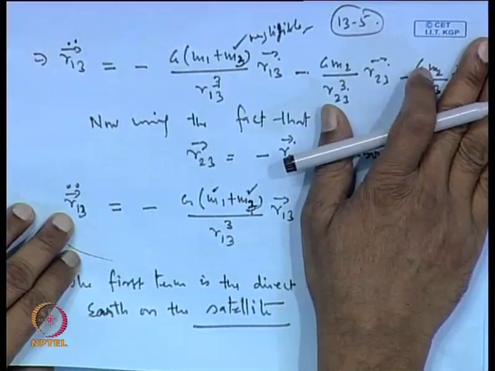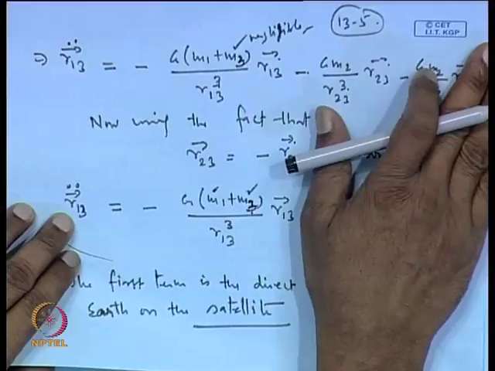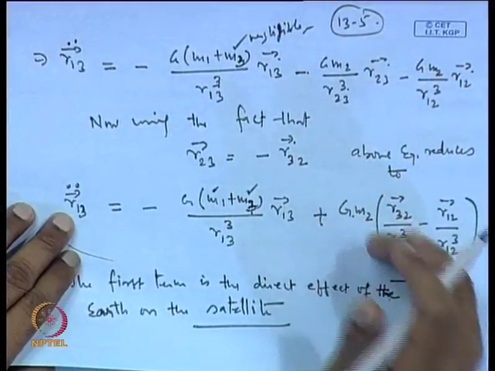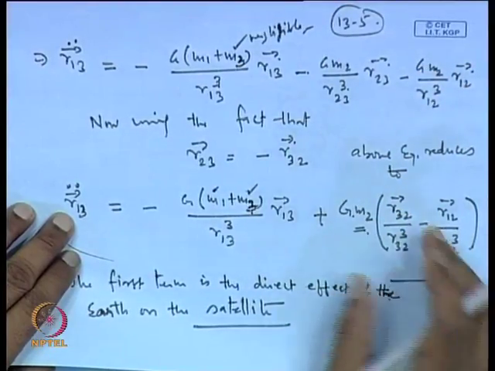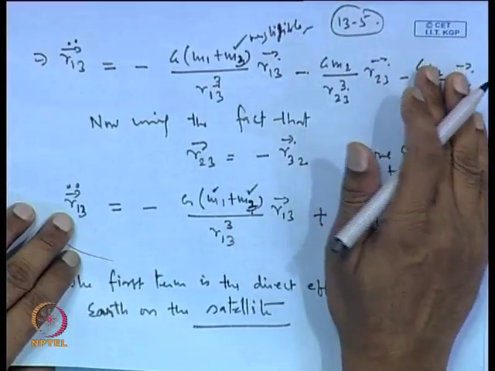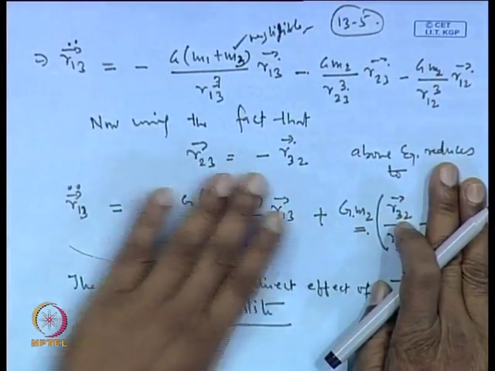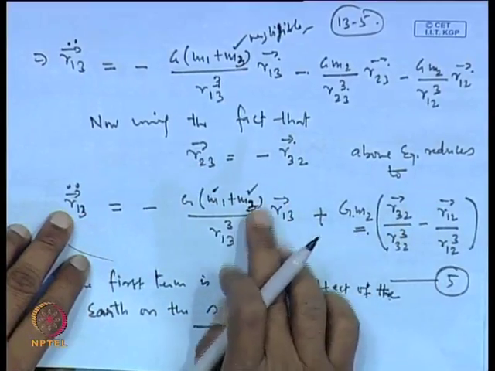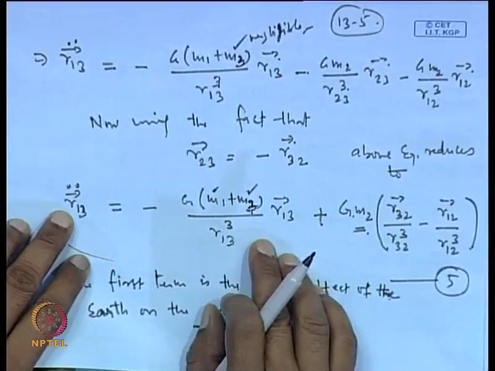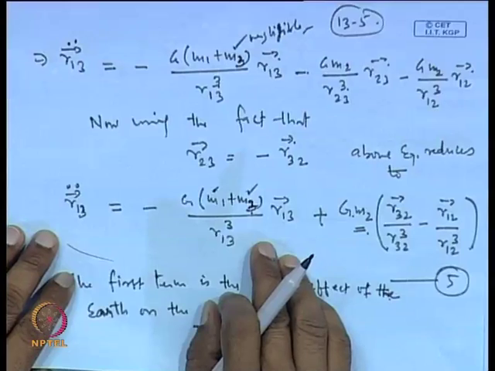So, if we bring in the third body, which is the second body, the m2 here in this case, which is nothing but the sun in this case, then the sun acts as a perturbation on the motion of the third body around the first body. So, here the satellite is moving around the primary body, which is the earth in this case, and the sun is trying to perturb the orbit of the satellite around the primary body.